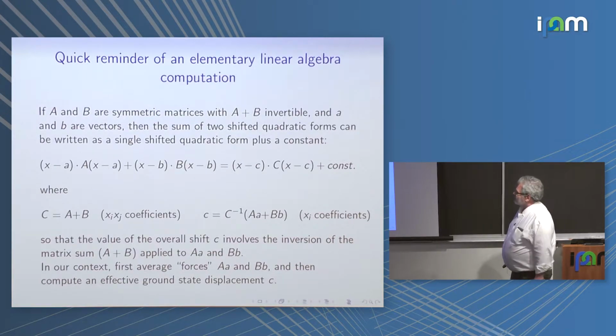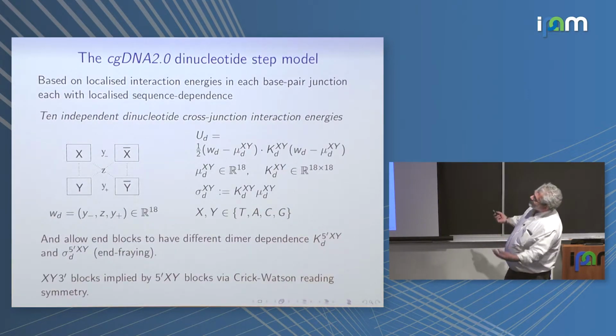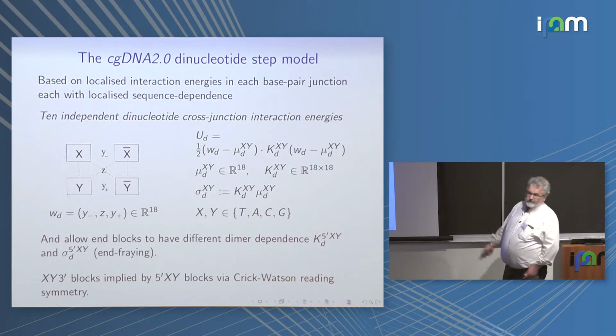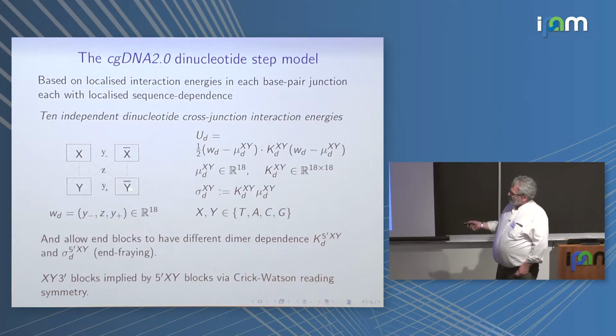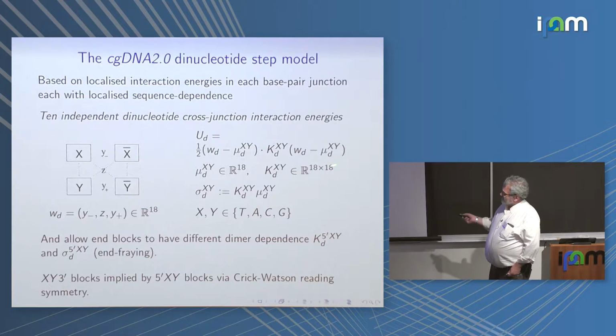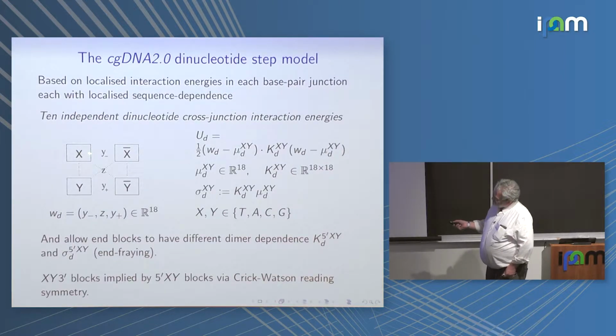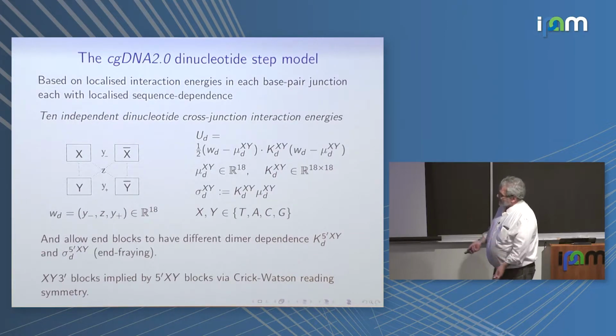Okay, so that's a triviality, but it's absolutely key in this DNA model, because that was for two quadratic forms, but now we add a quadratic form for every junction. So you go along the DNA and you have a little quadratic form in each junction between four bases like that. And then you have the superscript xy. That's a further assumption. It's saying the coefficient of this junction just depends upon the composition of that base and that base. So that's a locality. Well, there are two assumptions here: a locality in sequence, and a locality in the range of the force.